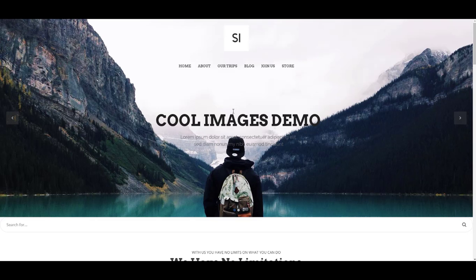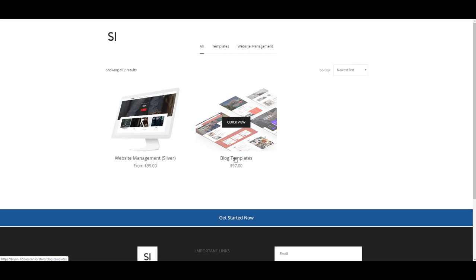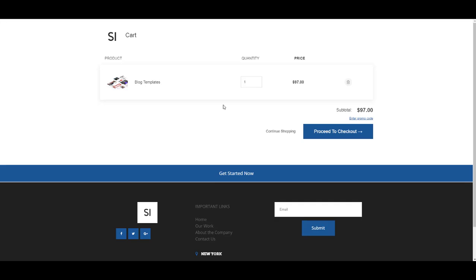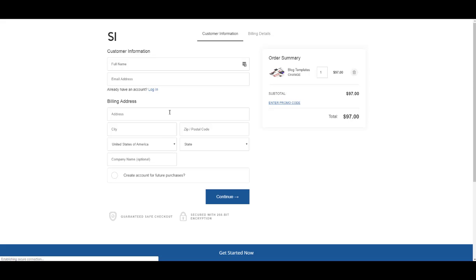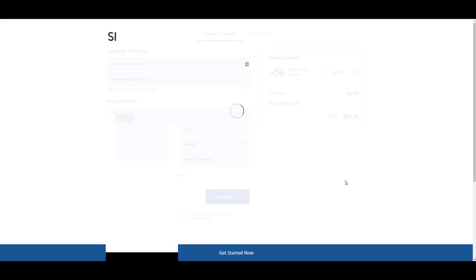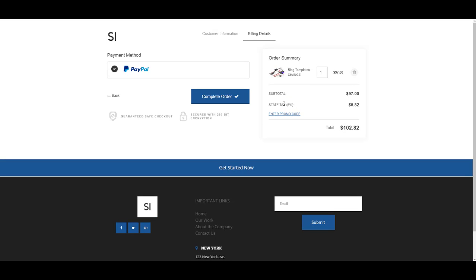So if we go back to our store, we're gonna click store. We're gonna do a blog template. We're gonna add that to cart. It's $97. So we're gonna proceed to checkout. And let's add a Virginia address here, and then we're going to continue. And then boom, as you can see on the right, the state tax of 6% was added to the $97